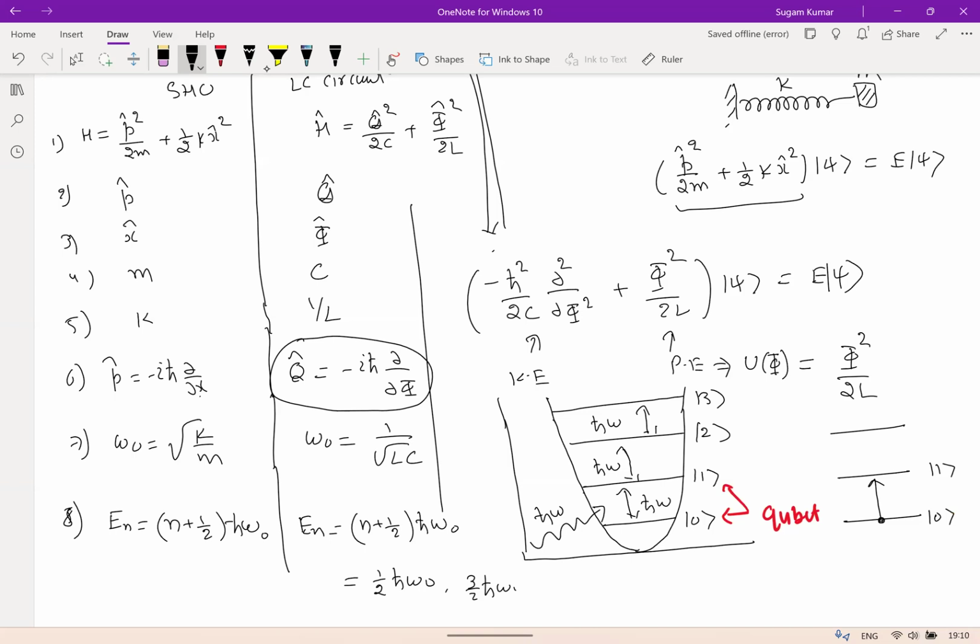Now the system will be in the 1 state, and now I want this to come back to 0. So again, I will shine another photon so that it can stimulate, but in this case there are 2 possibilities. It can come down, no doubt, but it can go up also, because this gap is also ħω. So this is a very big problem